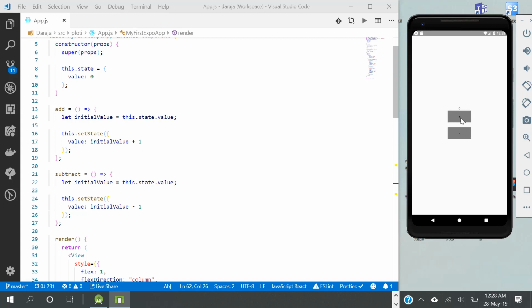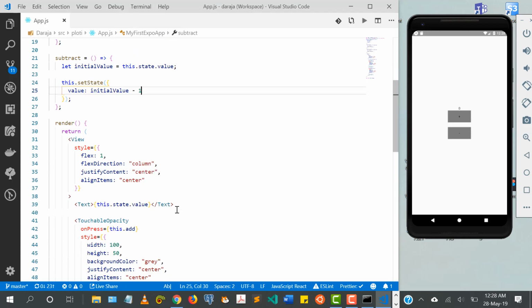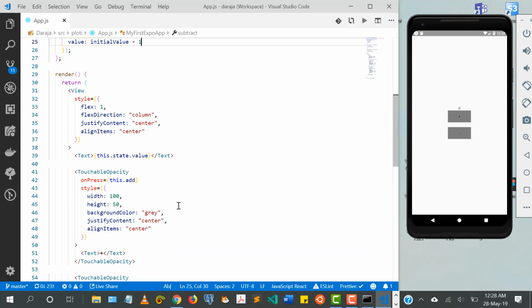So what's the point of this state? Is it just so that we can see numbers updating in real time? No. So let's say I want, first of all, let me make these ones be in a row. So let me just do a quick change, just to make these things be in one row. So I'm going to come and